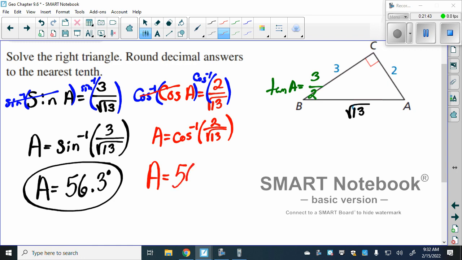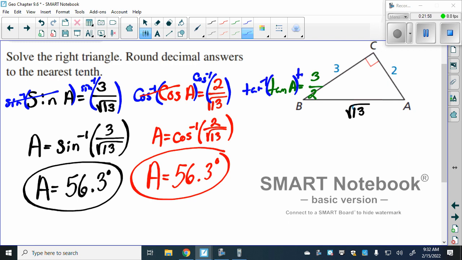A is equal to 56.3 degrees. And if we use tangent, well, applying tangent inverse to both sides would get these two to cancel, telling us A is equal to tangent inverse of 3 halves. And A is